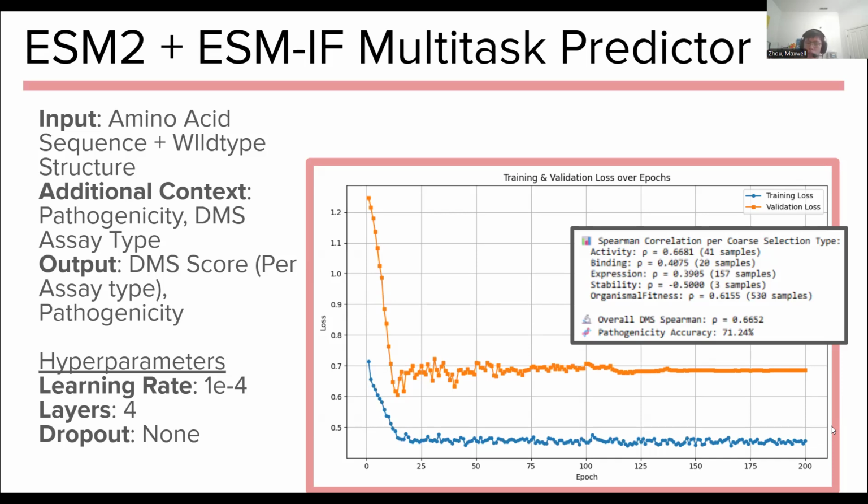Especially the pathogenicity, which gives us more context on what kind of mutation it is, which is really big.